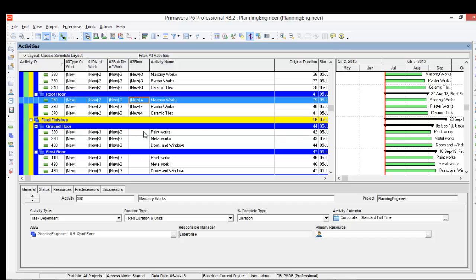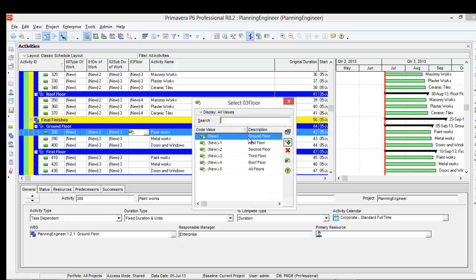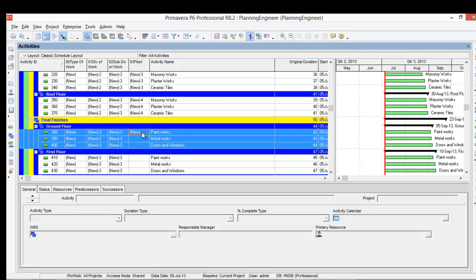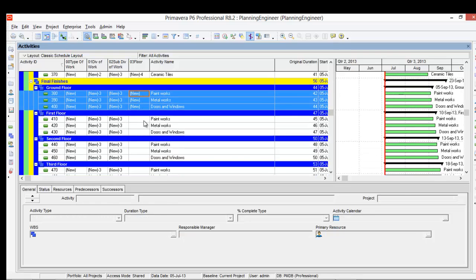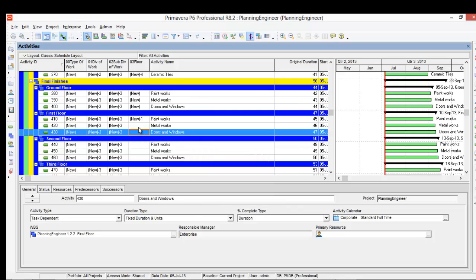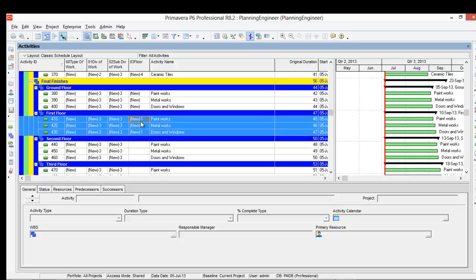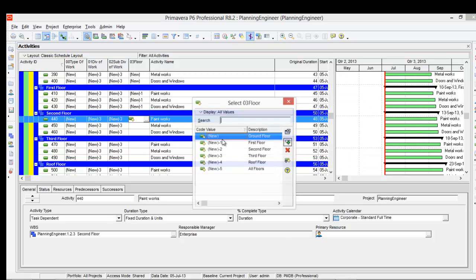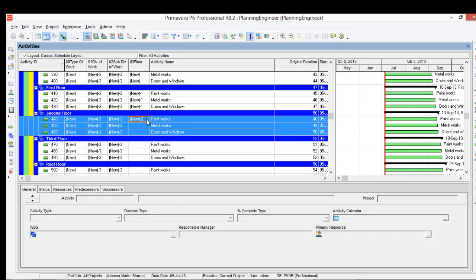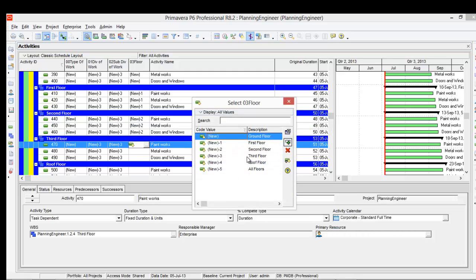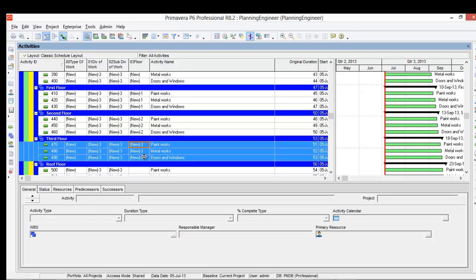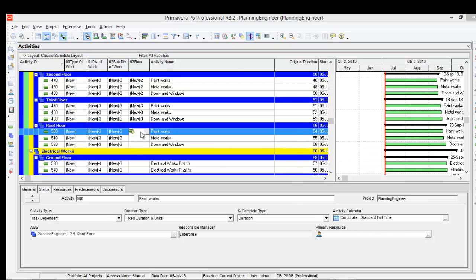Again we'll repeat the same. This is ground floor, this is first floor, this is second floor, this is third floor, and this is roof floor.